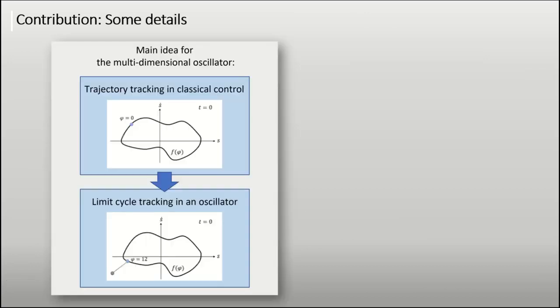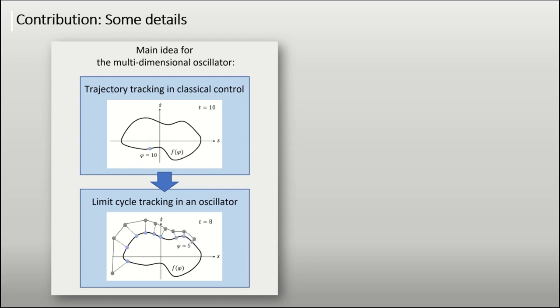Our main idea for the multidimensional programmable oscillator is to use the trajectory tracking concept in classical control. Considering the state space of a two-dimensional system in trajectory tracking control, the system converges to an instantaneous target point. This point is a point on the desired trajectory that changes depending on the time. We developed the dynamical system with the same idea. However, we designed the instantaneous target point at each time instance as the closest point on the desired trajectory to